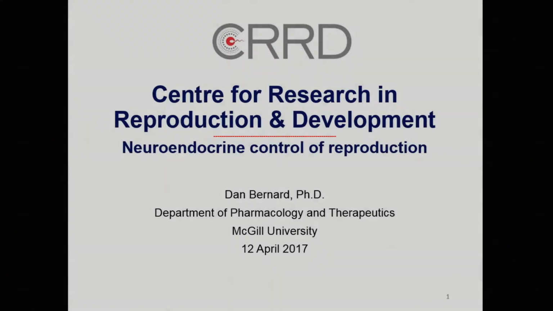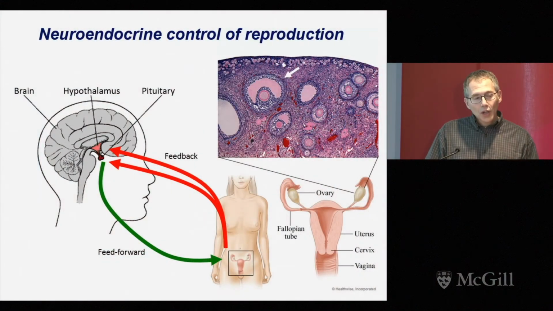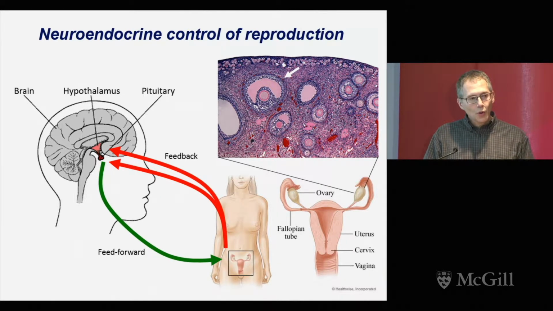So hi everyone, I'm Dan Bernard, and I'm happy today to tell you about our work, which concerns the neuroendocrine control of reproduction. So when I'm talking about neuroendocrine control of reproduction, I'm talking about the role of the brain and the pituitary gland, which sits at the base of the brain, and the hormones they produce and secrete, and how those hormones travel through systemic circulation to regulate gonadal function, so the testicular and, as I've depicted here, ovarian